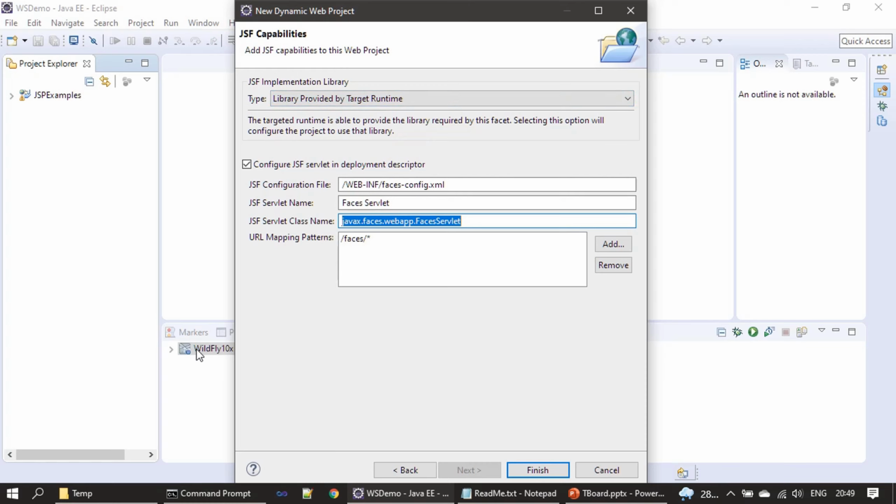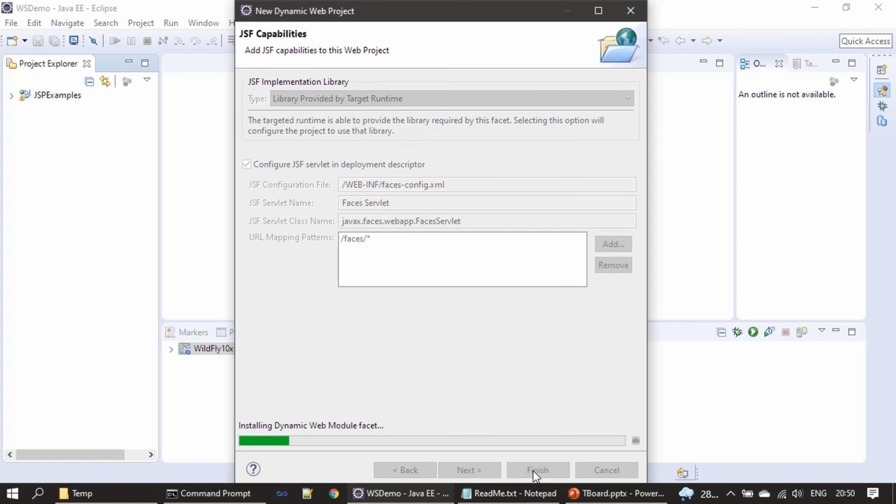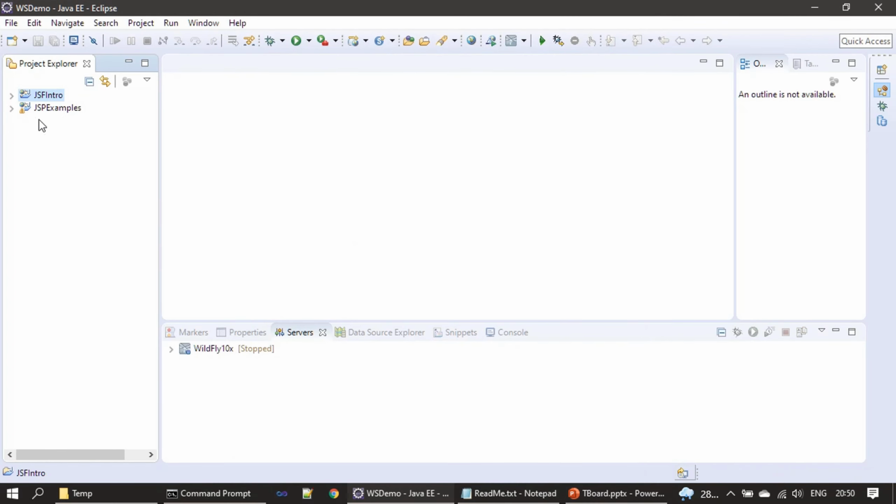Suppose if you configured GlassFish here or WebLogic here, and if you choose library provided by target runtime, then this same faces servlet implementation is provided by a different runtime. That means if we chose WebLogic, then the WebLogic runtime will provide this faces servlet. All right, now that's all here. We will click finish. So it created a project called JSF intro,